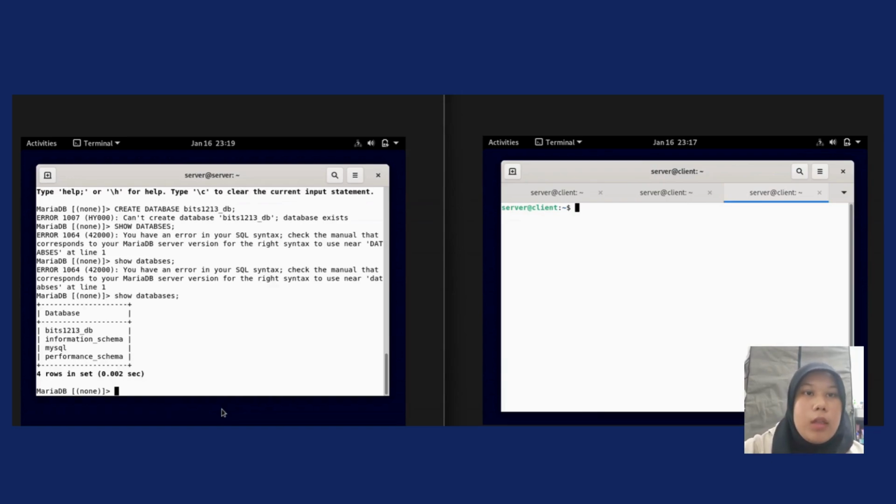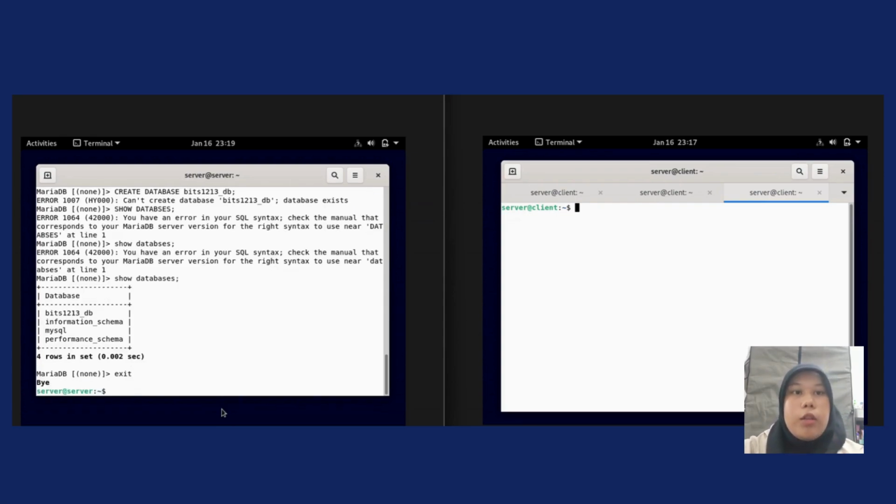For the database server, we use the command mysql -u BITS_user -h 192.168.1.254. So after we have verified the connection, we will write the SQL